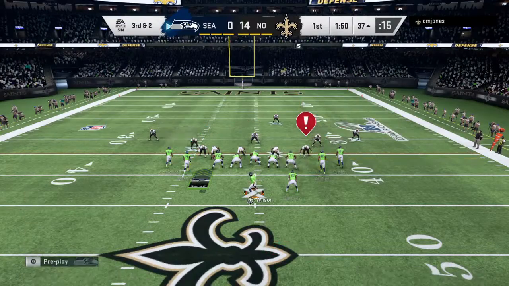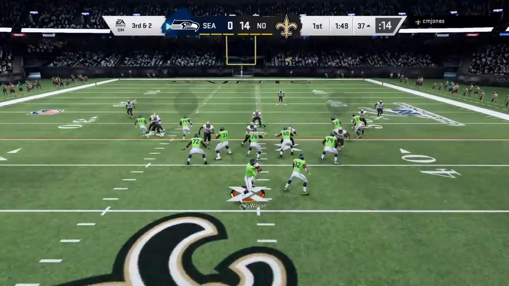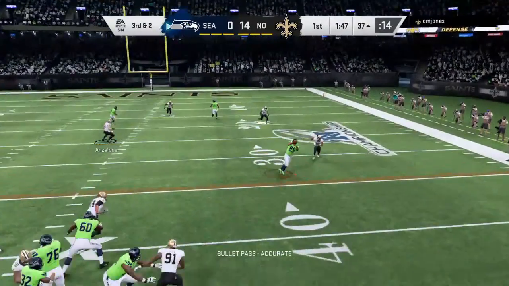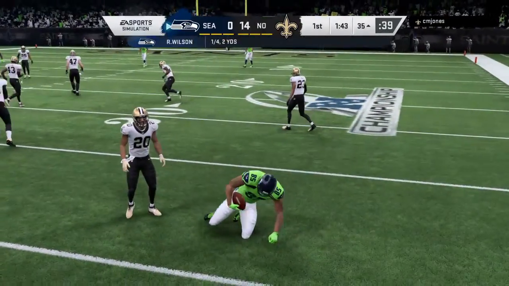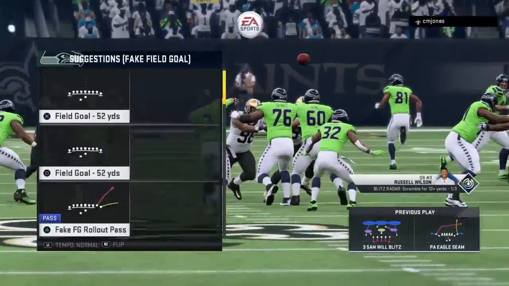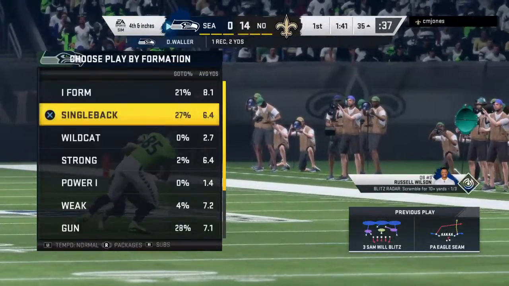47's the mic, boy. 47. Check. 47. Now it's Wilson. Got a man open. It's Darren Waller. And he will be very close to a first down, but I see the closed fist of the referee, and